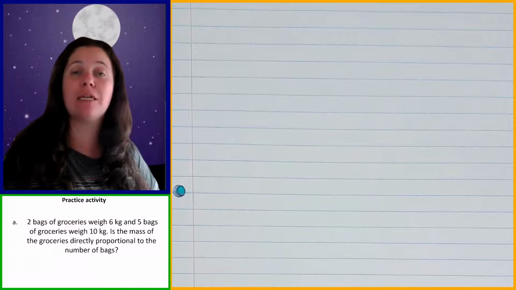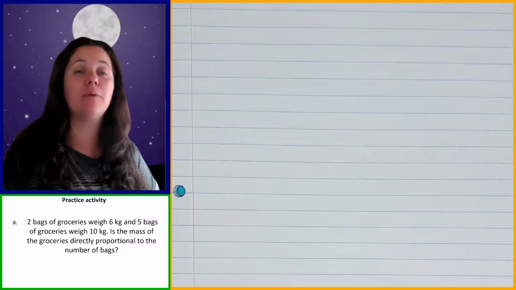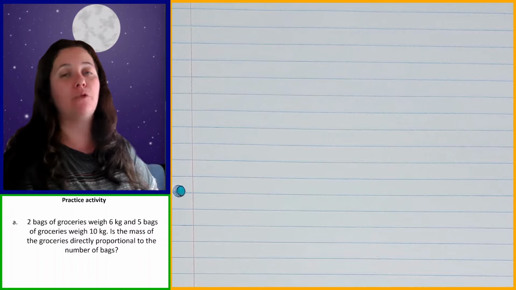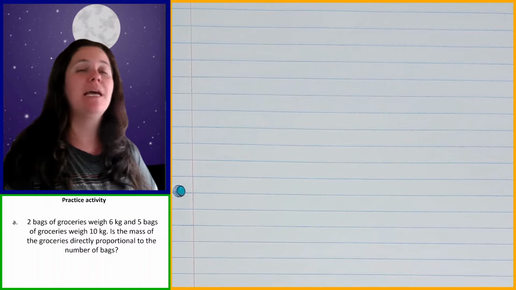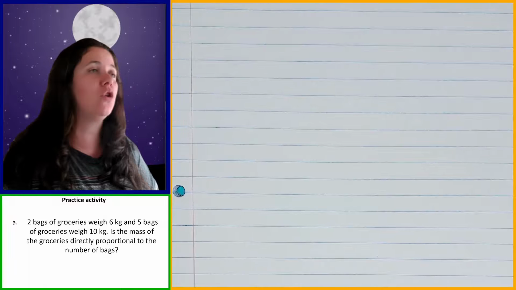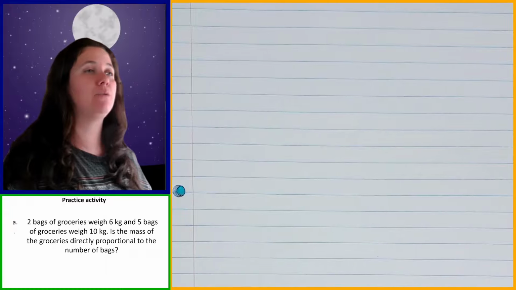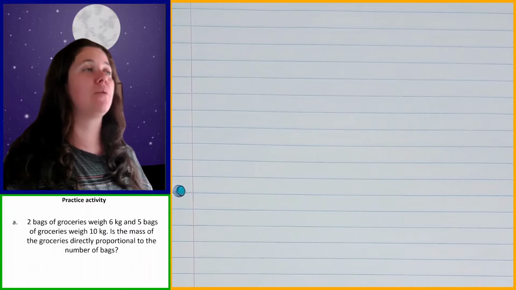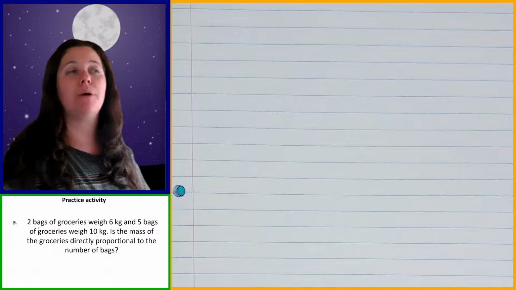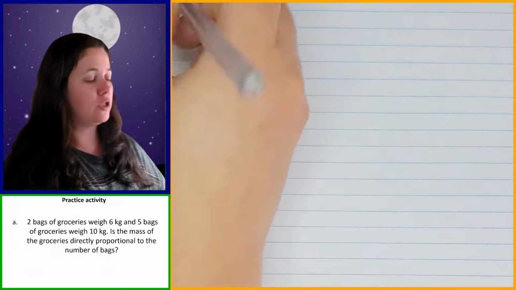So to work out if they're directly proportional, we divide them by each other, the one by the other. So I'm going to decide, am I going to divide the mass by the number of bags or the number of bags by the mass? It's generally easier to take the bigger number and divide it by the smaller number. So if you look at the data that we've got over here, the number of bags is 2 and the mass is 6. So the mass is more than the number of bags. So I'm going to be dividing the mass by the number of bags. Okay, so for question A,